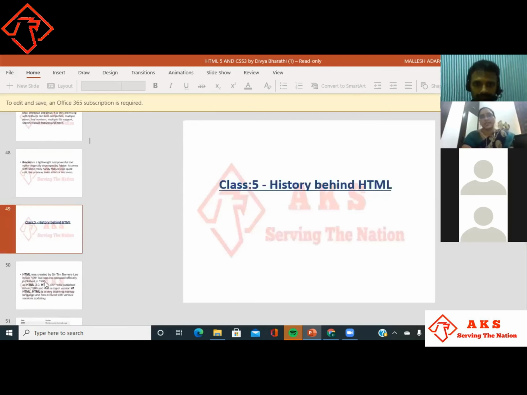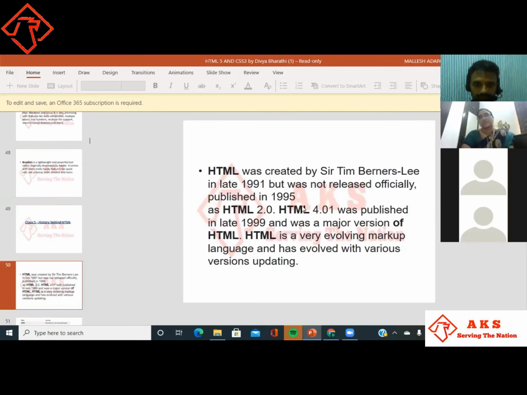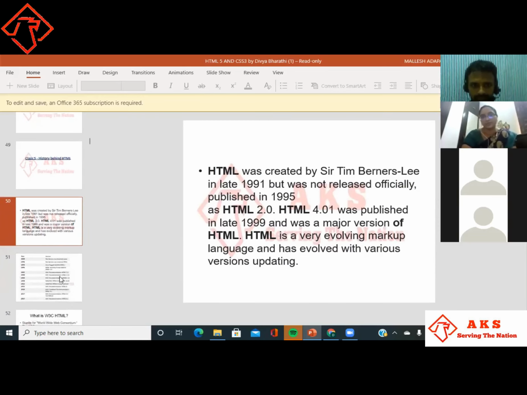And this is the history behind HTML. HTML was created by Sir Tim Berners-Lee in late 1991, but that was not released officially. Later it was published in 1995 as HTML 2.0, and HTML 4.0 was published in 1999, and in 2014 HTML5 came to boom.